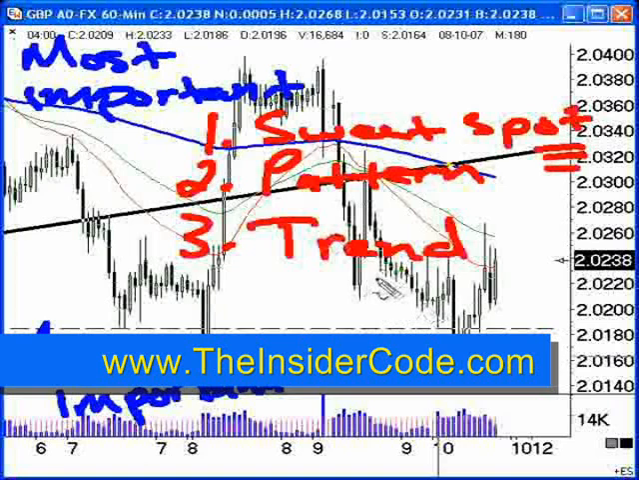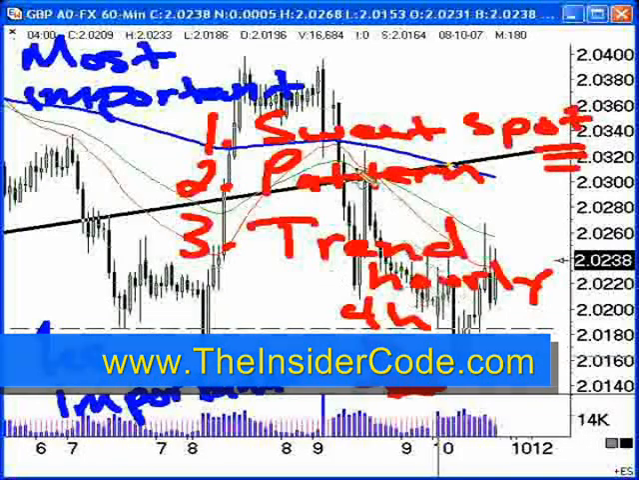So then trend, what do we have? We have the hourly, the 4-hour, and the daily. And if you wanted to, you could even put in the weekly here. But that's not as important as the daily, 4-hour, and hourly. So now we have to look at where is the trend. And remember,